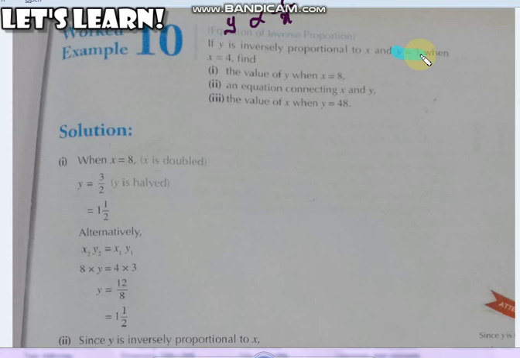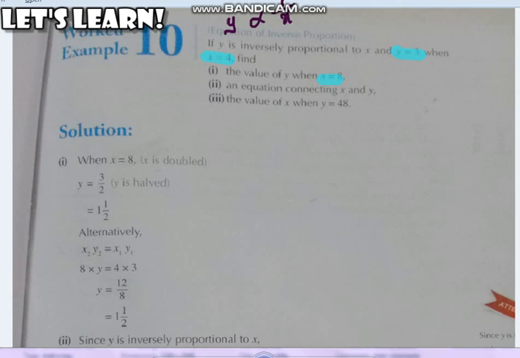So you can see that y is equal to 3 and x is equal to 4. These two values are connected to one another. Then you can see the value of y when x is equal to 8. कह रहे हैं कि y की वैल्यू क्या थी जब x की वैल्यू 8 थी. So when you are asked to find just the values, what you are going to do here is you're going to use the table format.